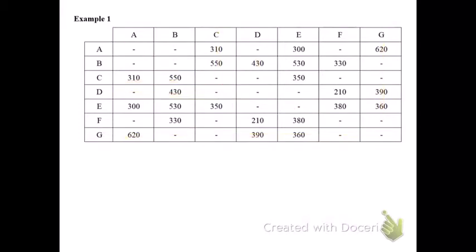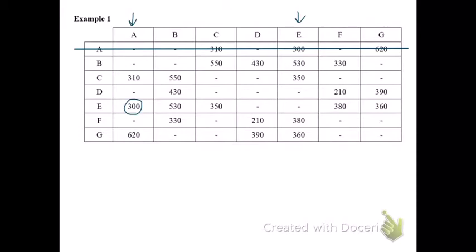So here's how the algorithm works. We start with the node A. We place an arrow above the column and we say that A is now online. Now once A is online, we're going to rule a line through the row of values for A because we don't want A to connect back to itself. Now we look down the A column and find the shortest path, which will be the smallest number, and that's 300. 300 connects A to E, so we now say that E is online and we put an arrow above the